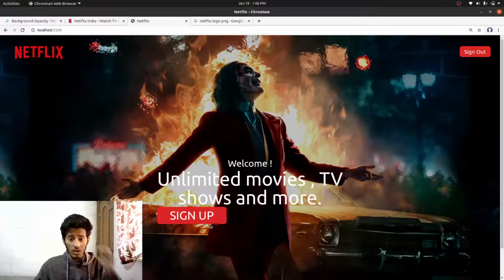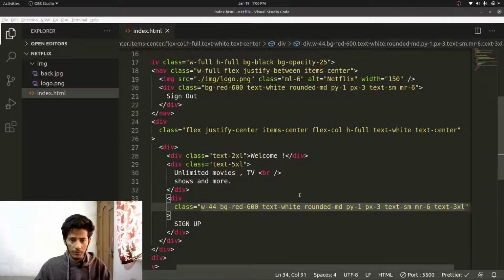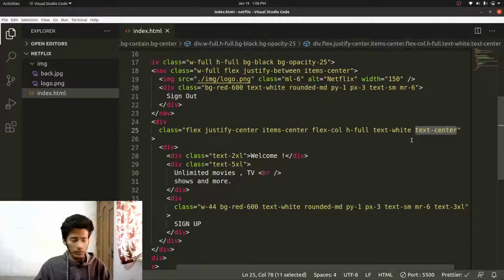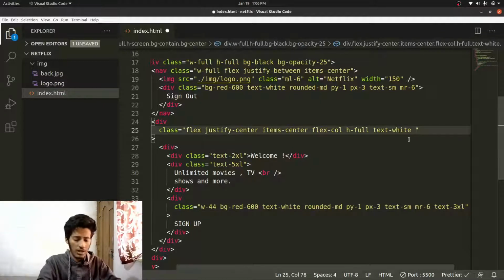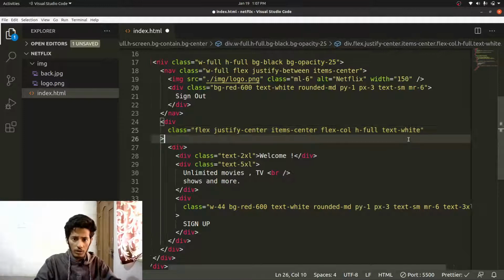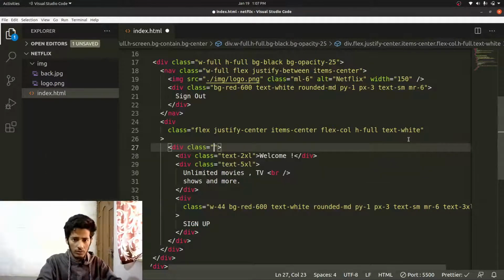Yeah, it works. So basically, you can see this is not appearing in the middle, but it is appearing on the side. So let's do an ultimate fix of this problem. Instead of setting the text center, let's set it to flex, and we'll use the same trick as we have used before to make everything appear in the center. So we'll say flex. Oh, it's already flex. So actually not over here. Actually, we'll just go here. So we'll say this is a flex,